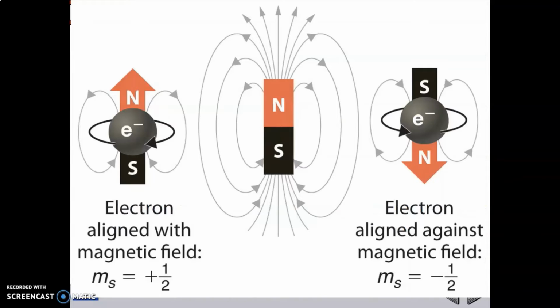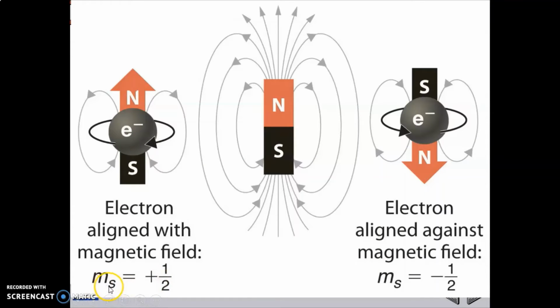This is going to show us a better picture of what I mean. Here's an electron, E for electron, minus because it's got a negative charge. And this arrow is going around showing that it is spinning clockwise. The result of a clockwise spin is the magnetic field, which is the bar magnet, black for south, red for north, pointing up. And this gray line shows the magnetic field line coming out of the electron. They come out of north and they go down to the south. So that's how this electron has a positive